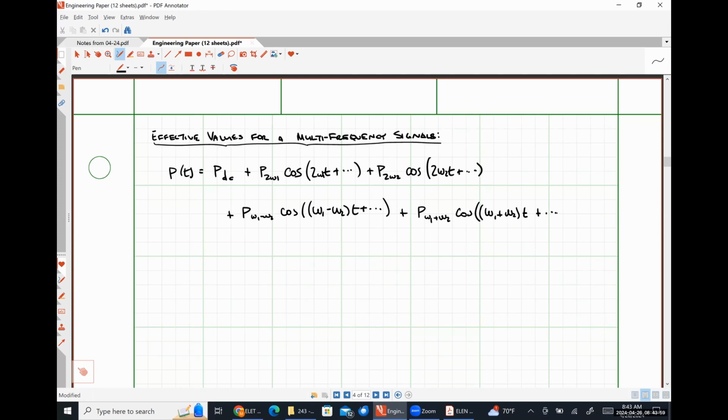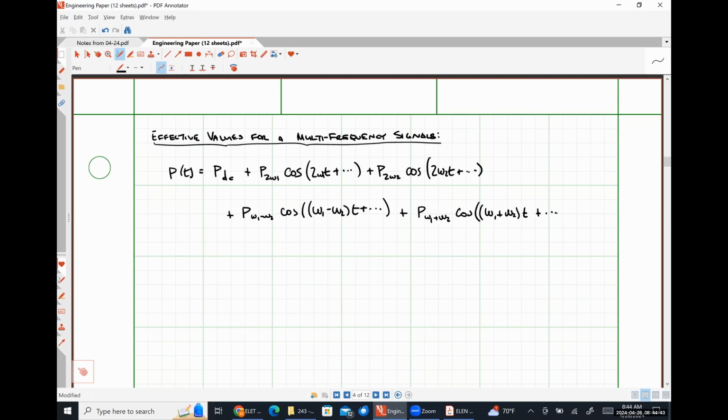Okay. The reason why I'm bringing this up is because our effective value is in some way related to our instantaneous power. And if we had derived that, we would have seen that if we had a multi-frequency voltage signal and we squared it, it would wind up looking something like this instantaneous power expression, but instead of these PDC terms, we would have voltage squared out in front,